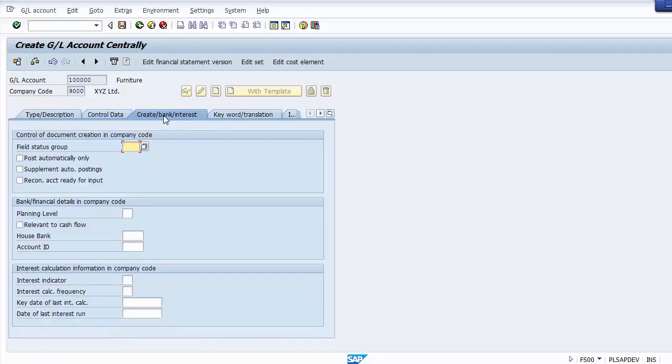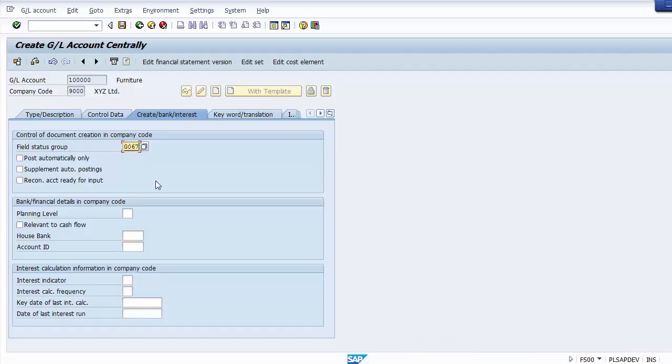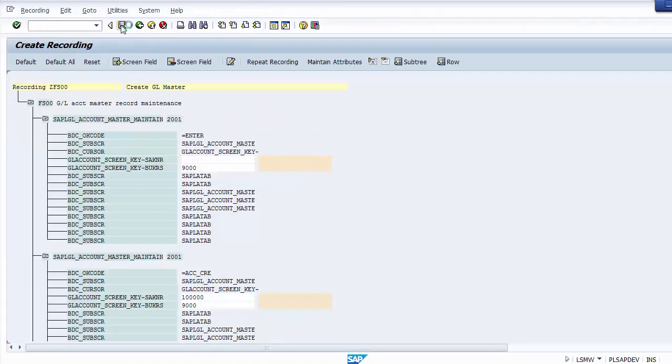and then we can move on to the next screen now, that is create bank and interest. So in this you need to select the field status group. Suppose the field status group which we need to take is G067. So that is what we have taken up over here on the screen. So now we can go and we can save the screen, and your GL will be created and even the